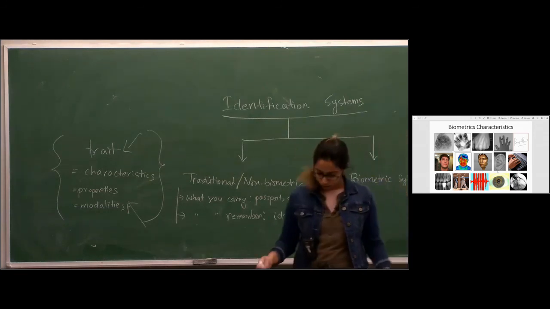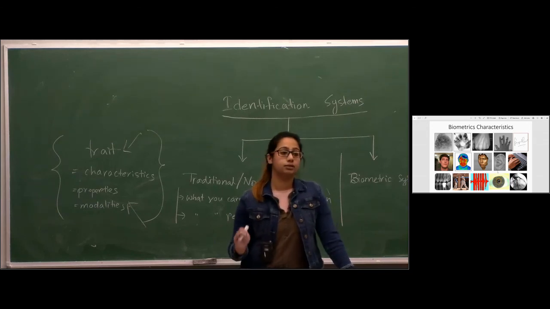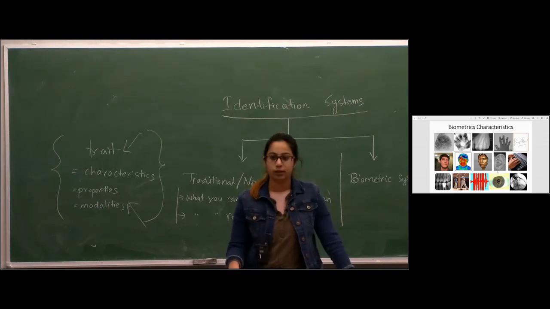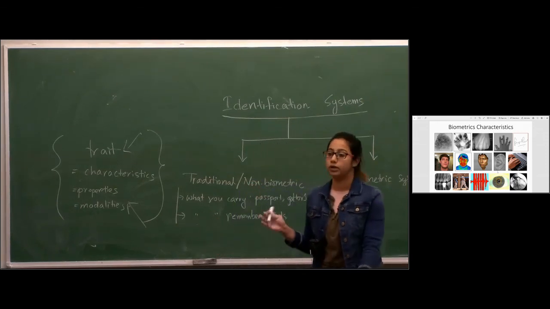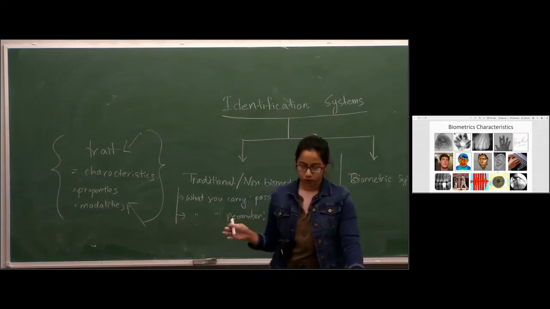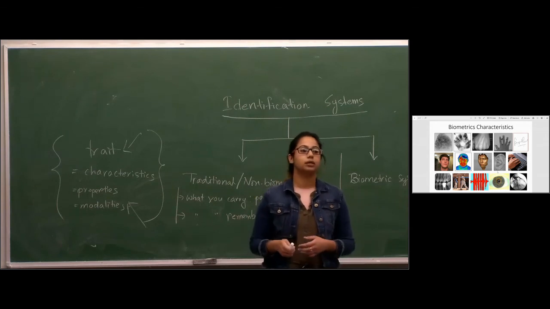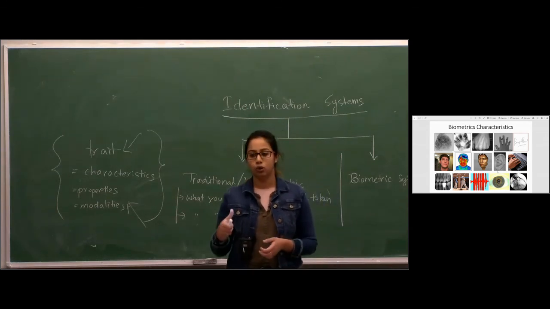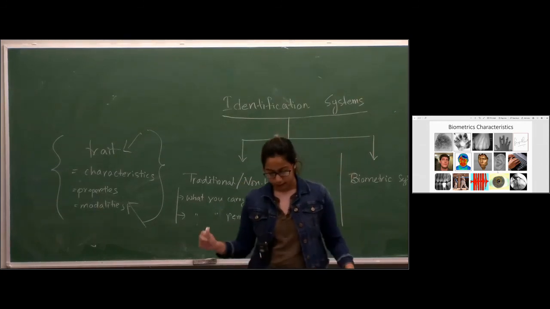So the first one is fingerprint. Fingerprint is the oldest biometric property. Though it's old, it still shows very good identification or recognition results. So it's still used in so many places. And it's very popular for the same reason, because the sensors required to collect the fingerprint are pretty cheap. So it's a good fit for any system.